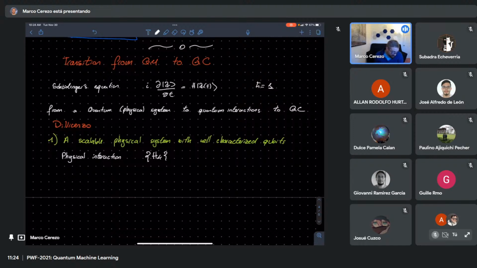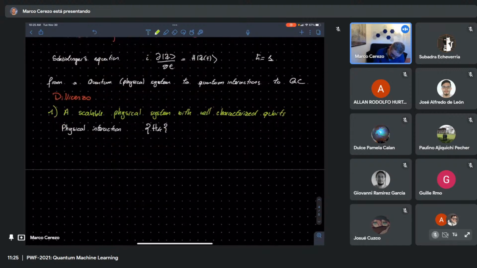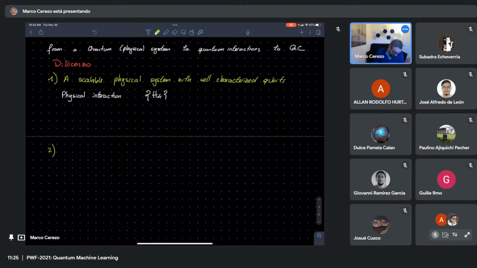And the next thing that we have to do with those interactions is think about what are the unitaries that we're going to be able to implement, and what are the states that we're going to be able to implement those unitaries on, right? So the second criteria, and I'm just going to leave some space here because I'm going to write something later, is we need the ability to initialize qubits to a simple